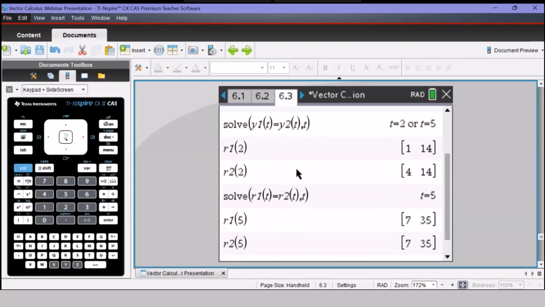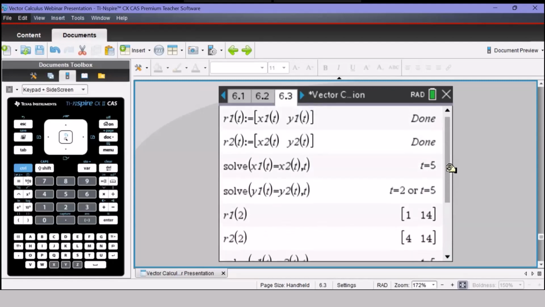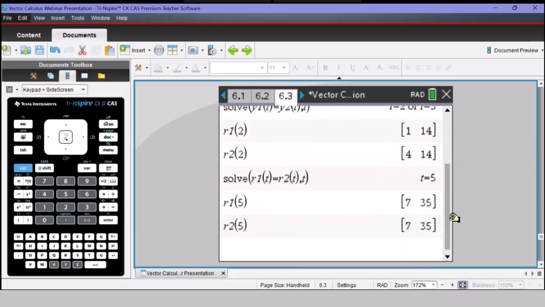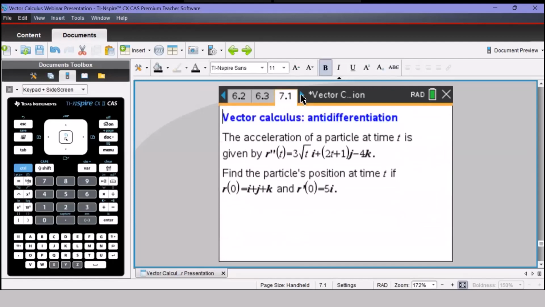Now when we did it for the particles that didn't collide, when we set R1 of t to equal R2 of t and solved for t, we got a false. But this time we actually get the shared t value, the common t value, t equals 5. And then substituting t equals 5 into both R1 and R2, we get that point of collision, 735. Okay. Final example